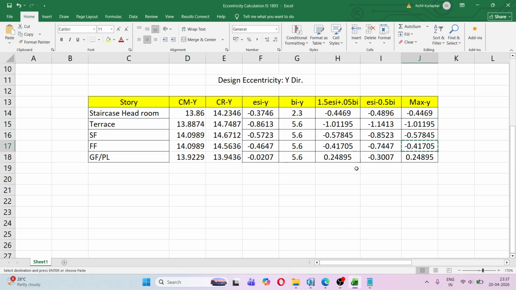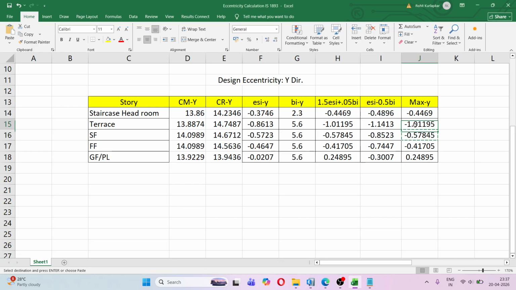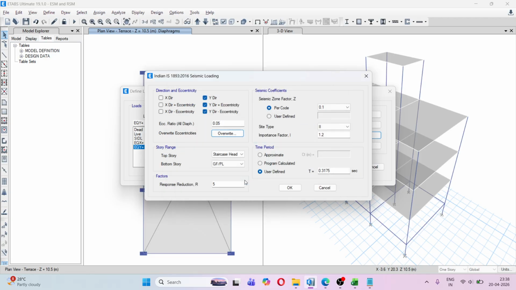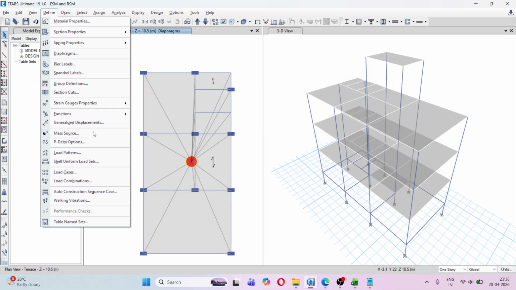Add, copy, second floor, add, copy terrace, add, copy, staircase headroom, add. Okay. Now go to